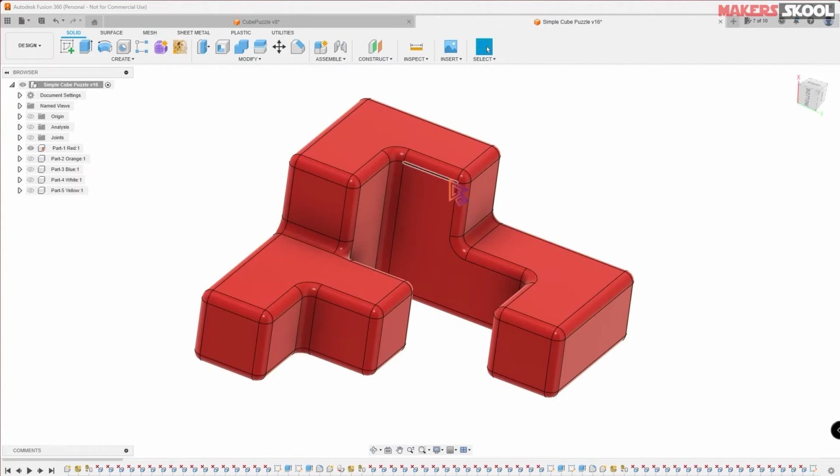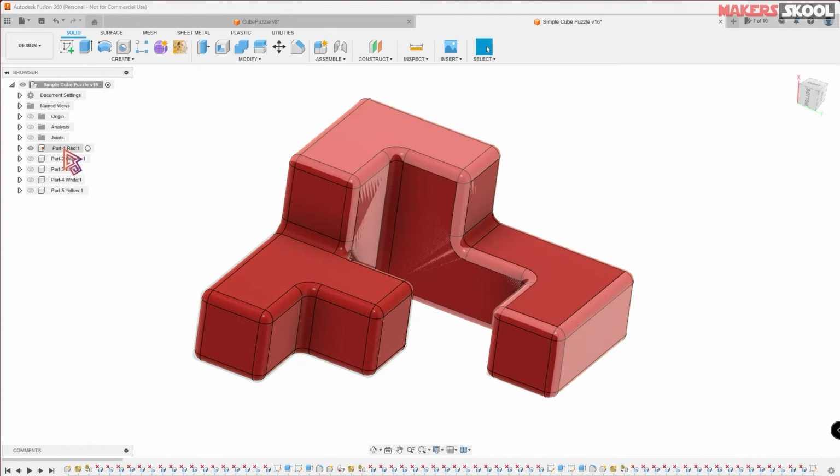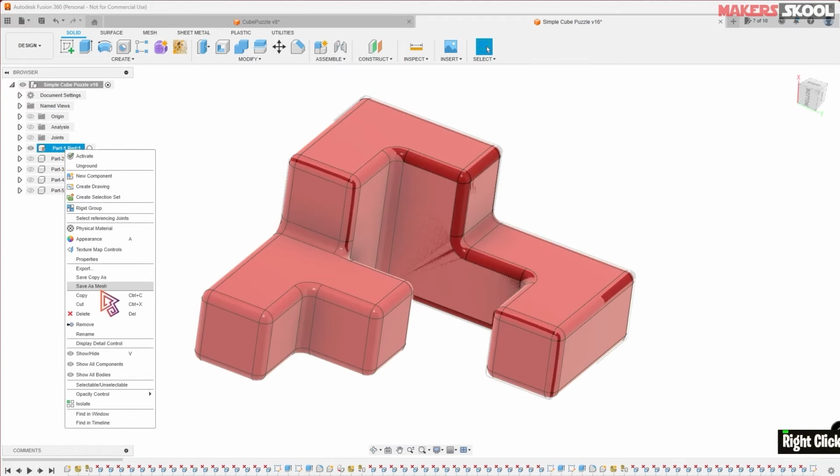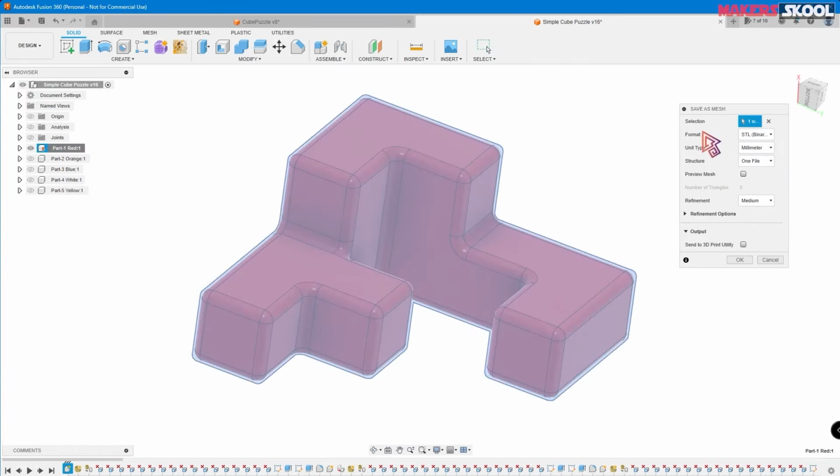So the next part is sending the 3D model for 3D printing. For that, right click on the part 1 red icon and then click on save as mesh. This will save the 3D model in STL format, which will be acceptable by the slicing software for 3D printing. Then click on OK